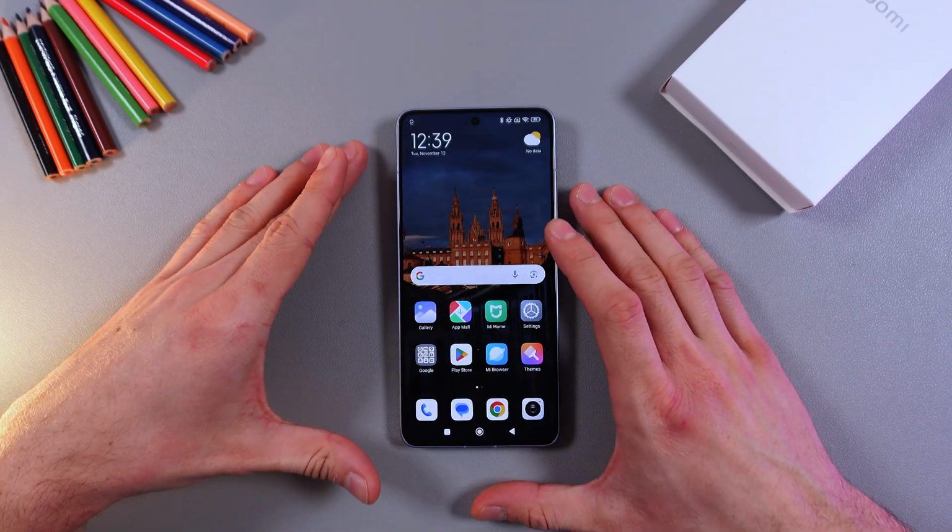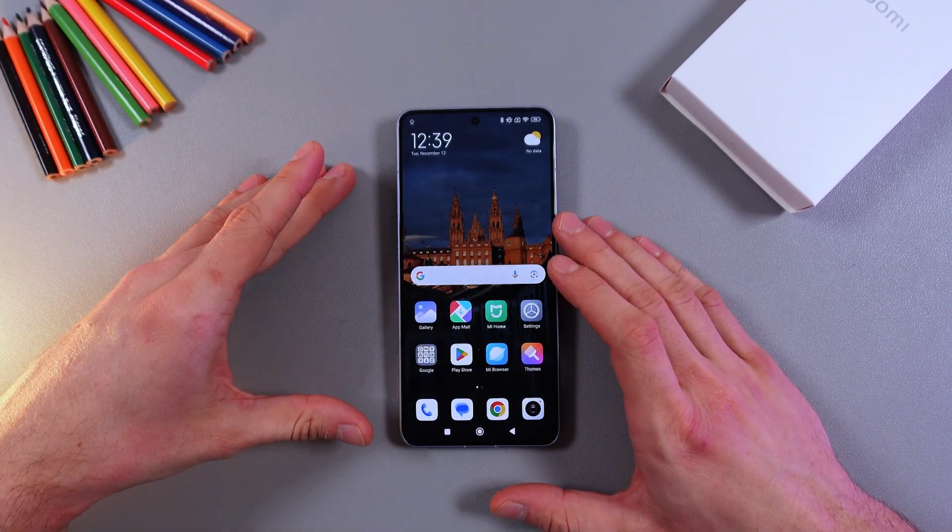Hello everyone! So if you want to enable or disable automatic system updates in your Xiaomi 14T Pro, you're going to